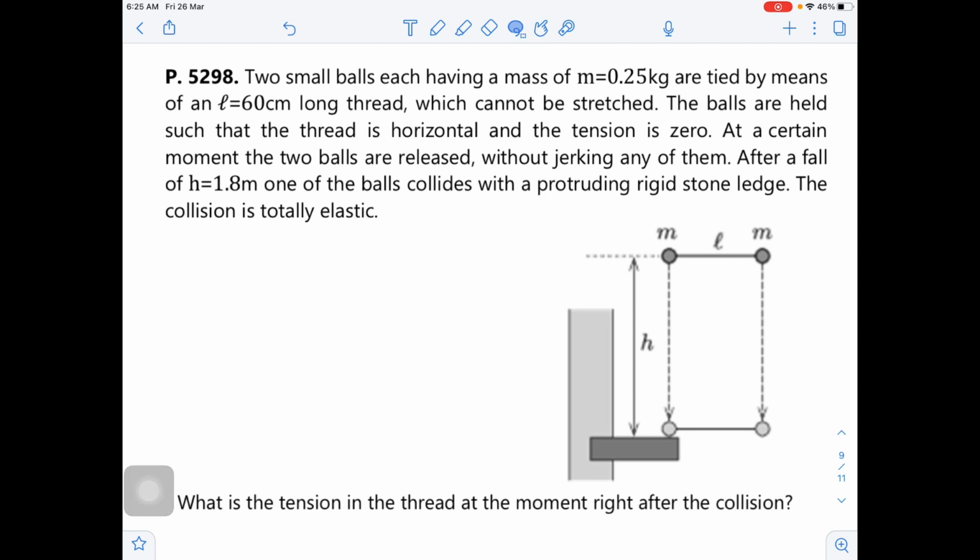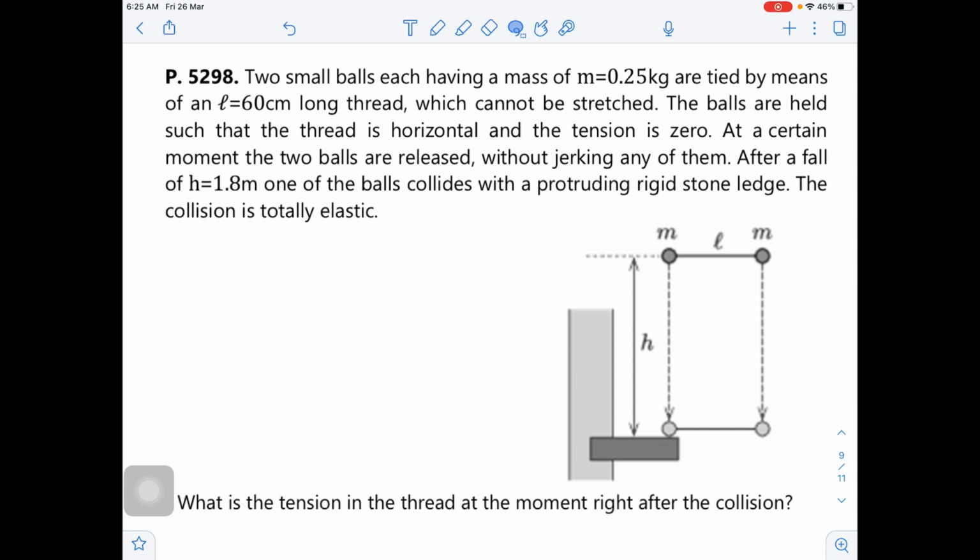Hello everyone, welcome back to my JEE Physics channel, and today we are discussing a very good problem, which is collision of dumbbell. So you can read the text, and I suggest everybody solve the question before going into the solution. Finally they are asking, after hitting the dumbbell with a support, what is the tension in the string?